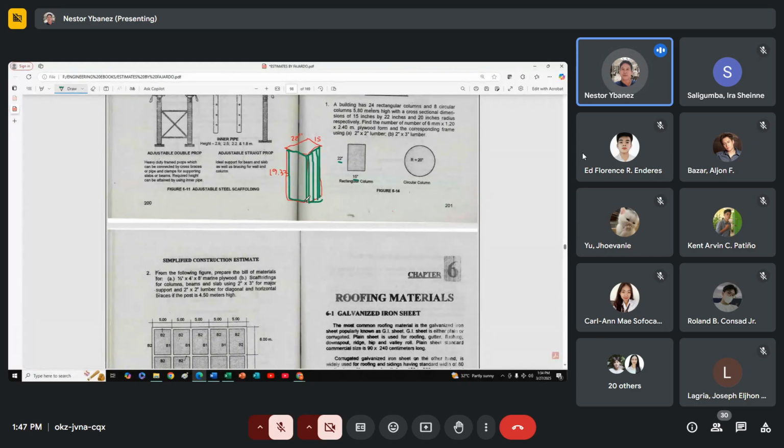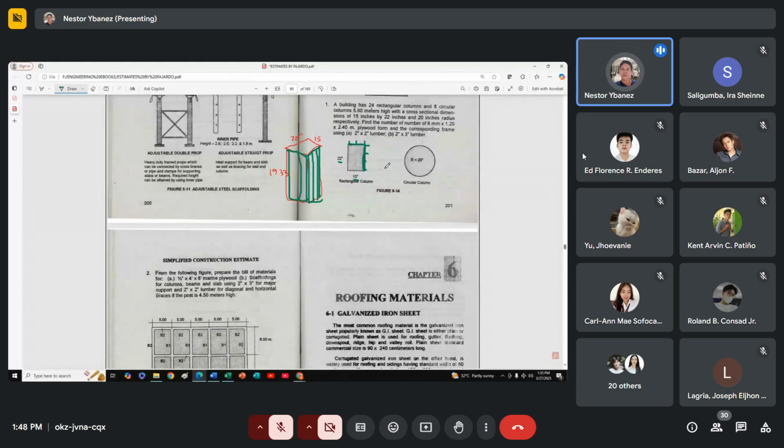You can see that there is one support. So this 15 inches has a support, and the other also has a support. Imagine this is a top view, a plan view. This one has three supports, 1, 2, 3, to make it a frame. Then this is the fourth. So this is the drawing of the problem.